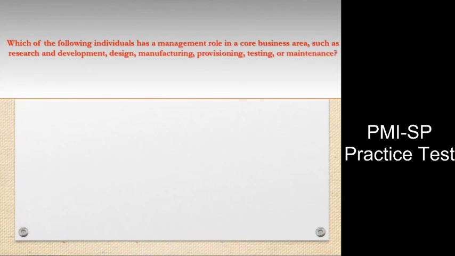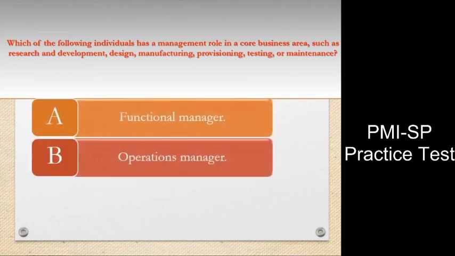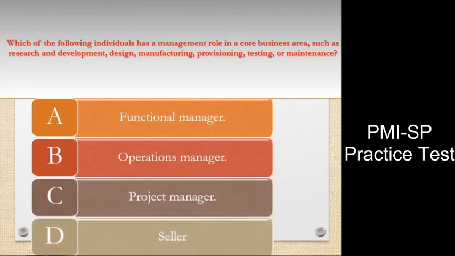Question: which of the following individuals has a management role in a core business area, such as research and development, design, manufacturing, provisioning, testing, or maintenance? A. Functional manager. B. Operations manager. C. Project manager. D. Seller. Answer: B. Explanation: a role of operations manager is to perform various management roles in a core business area, such